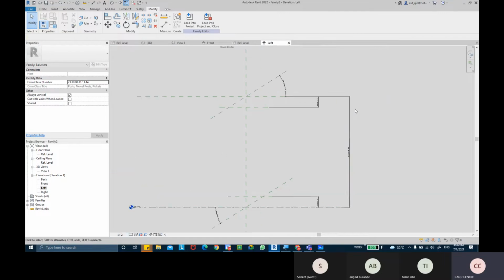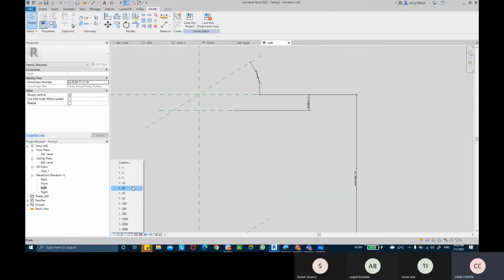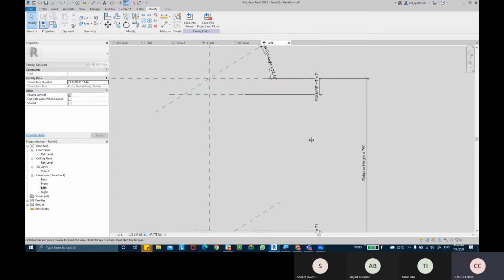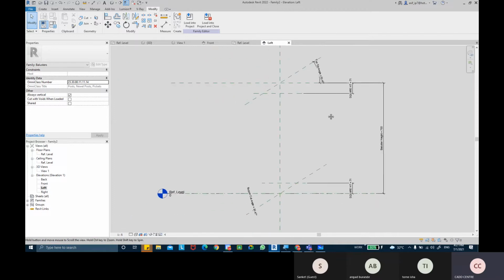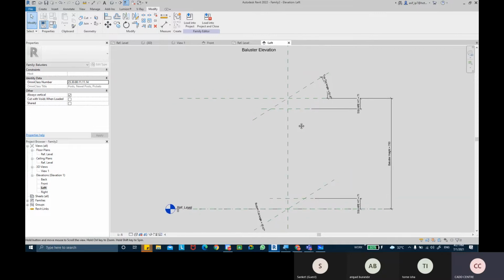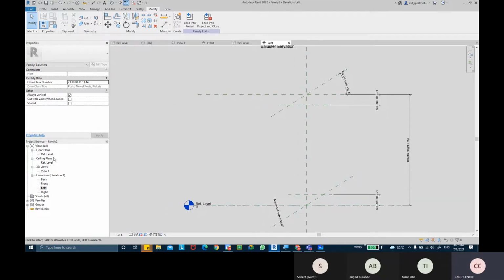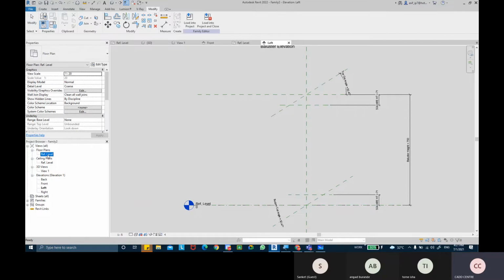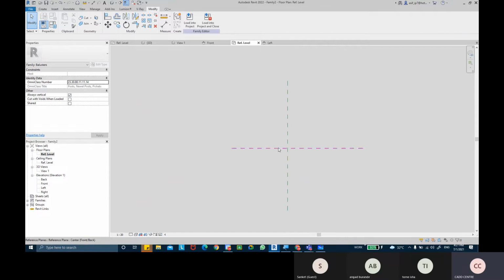Change the square height. I'll first create these two squares, one at the bottom and one at the top. To create that square, I'm going to come into my floor plans over here. Can you see we have floor plans, reference level? So come into that. Right in the center, I'll create that square shape.